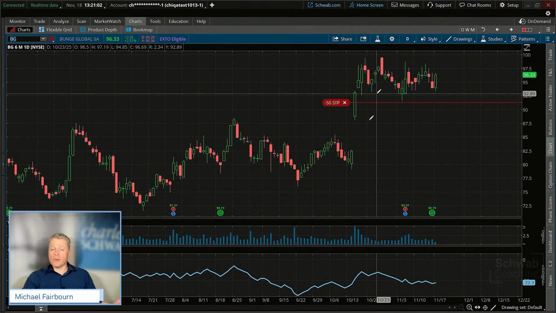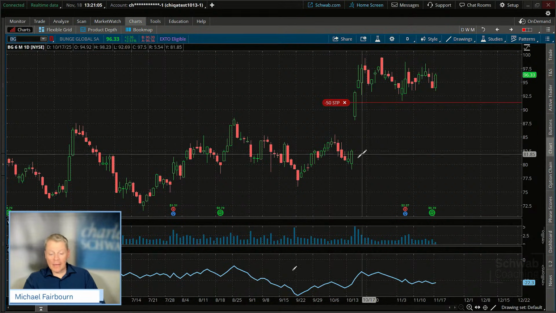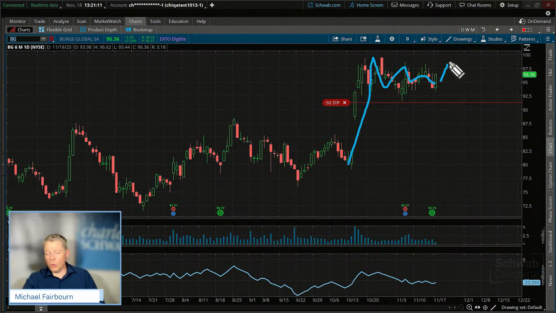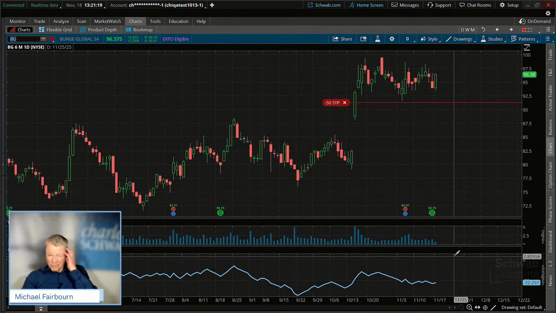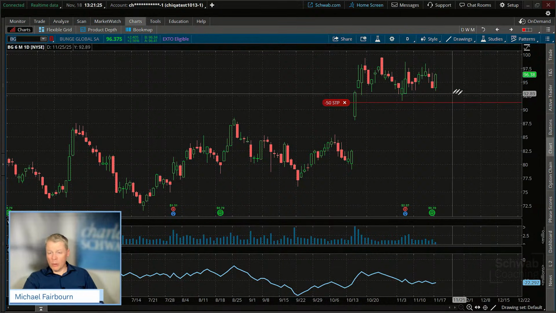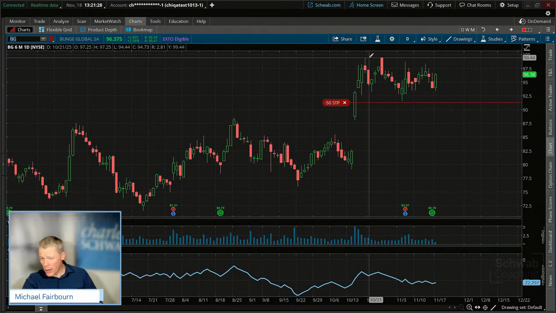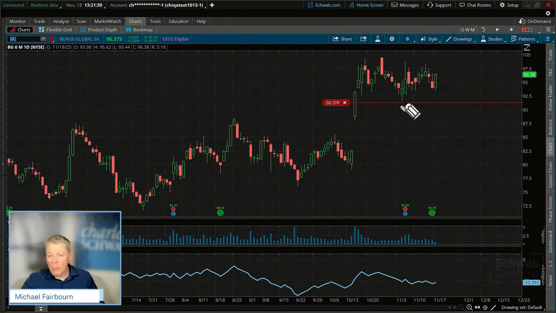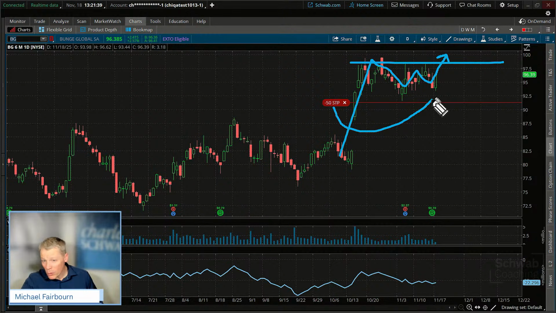And you guys, like we've talked about previously, there is, in fact, right there, the flag type pattern. Do you see it? There's the breakout. There's the consolidation. And will it go right there? That's the question. Will it break out and go? So we're watching it still. We do have that potential exit level in the form of a stop right there. But if prices were to come up here and break higher, what we'll tend to do managing this is, if prices go up, in fact they break higher right there, we could just take that stop and move it right up to the next level. That's another technique too.